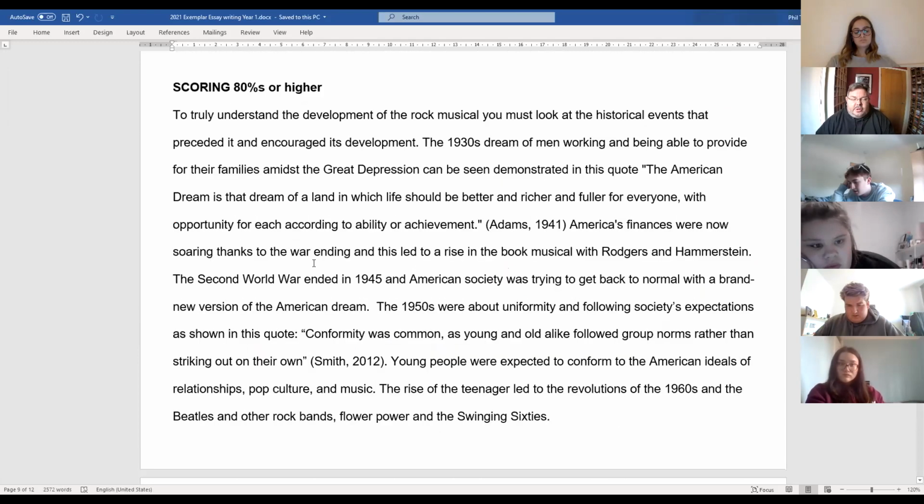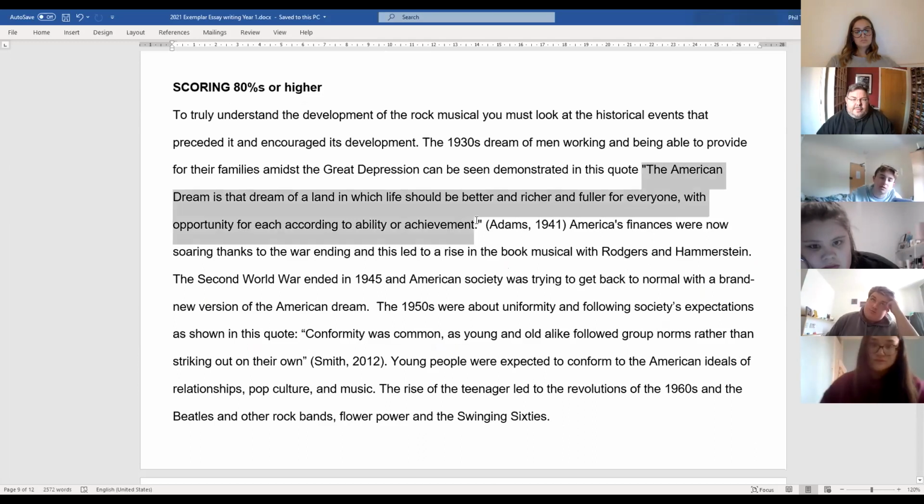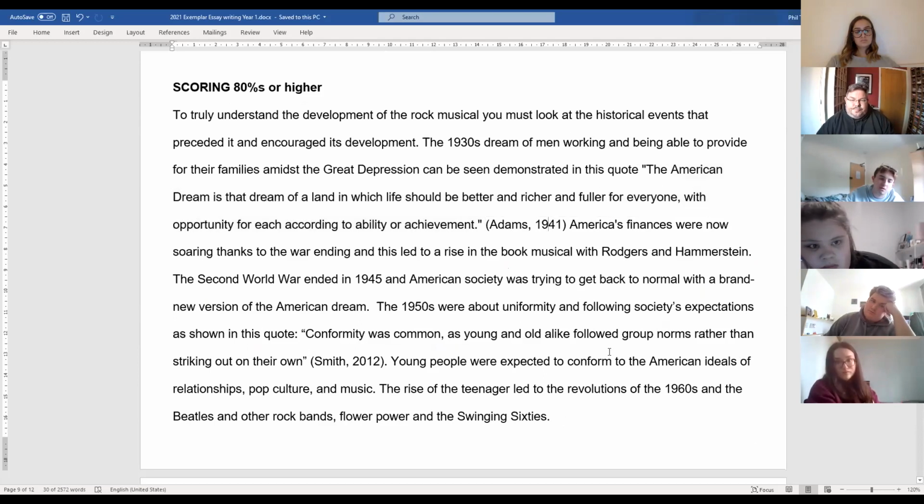Okay, here is an example of a really nice set of sentences, which I'll let you read through. There are a couple of quotes in there in speech marks, and we've got a reference with the surname and the date, which is good. And this is nice. It scores a very high grade of 80+, because it talks about the history, and it says we've got to think about the historical events. So it talks about the 30s, then the 40s and the World War, and then the 50s, even when we're looking at the rock musical in the 60s, it gives a good background before we even get to the 60s.